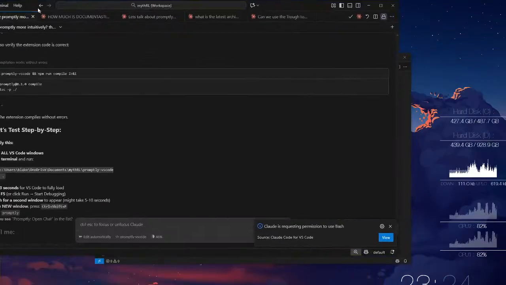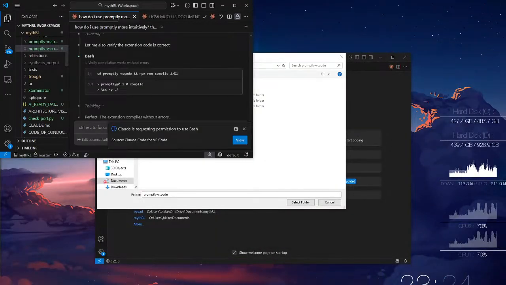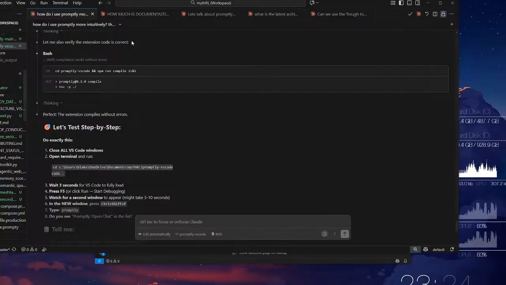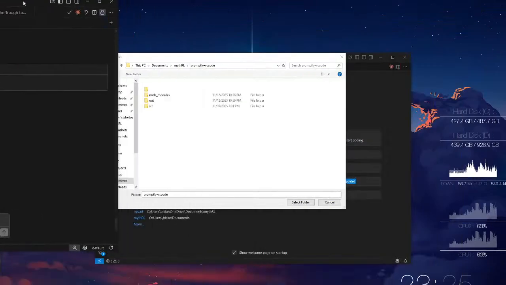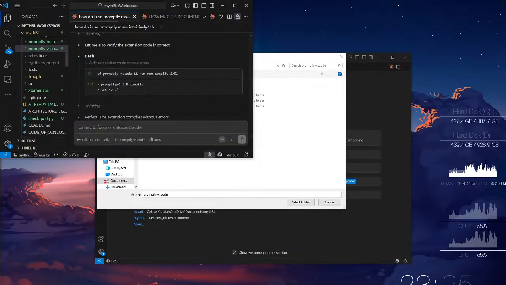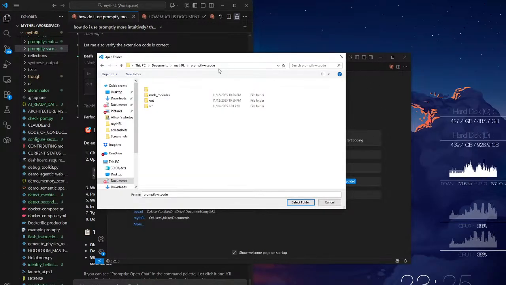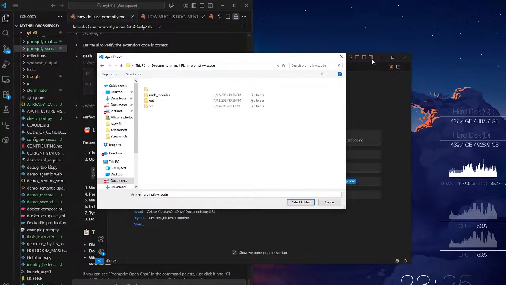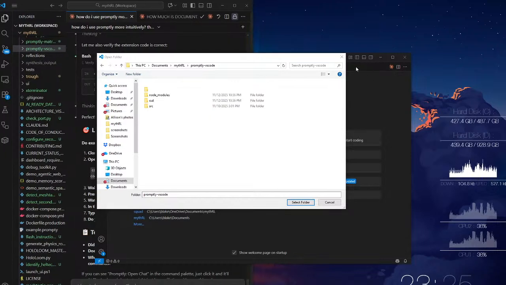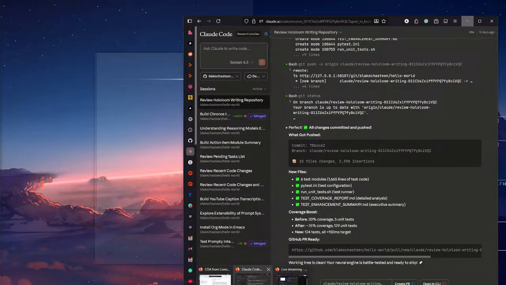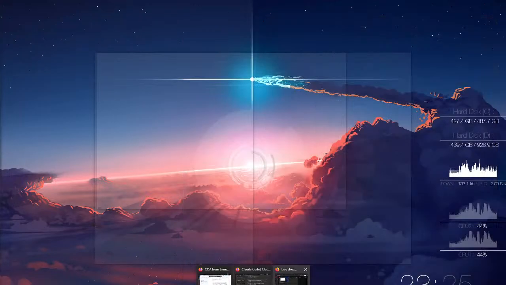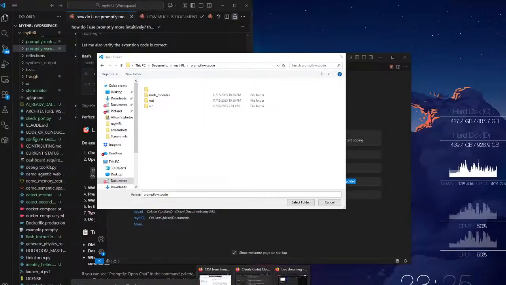What I did was, let's see, can I go right here? This thing is still open back here. I can't even move it. That's annoying. Alright, what's that thing called? It was this one.